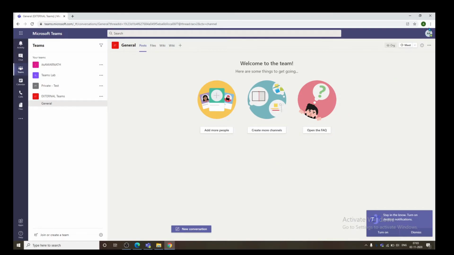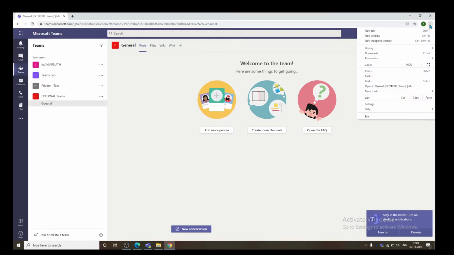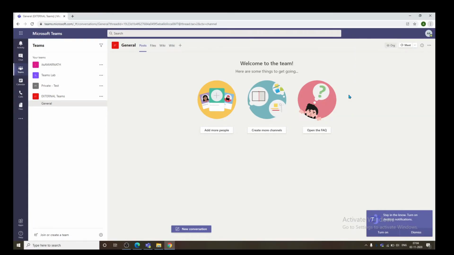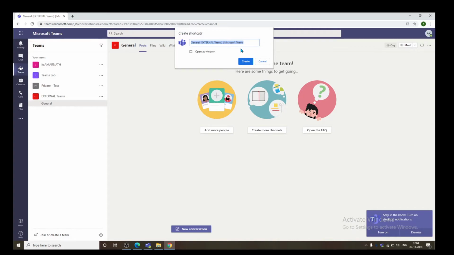To install a progressive web application, go to Settings and then Tools and create a shortcut. Here, provide a meaningful name for the shortcut, and I'm providing it as Personal Teams. And check this, open as a new window.